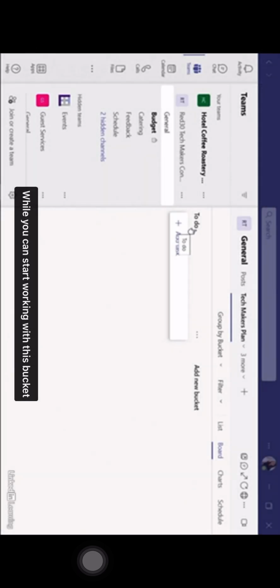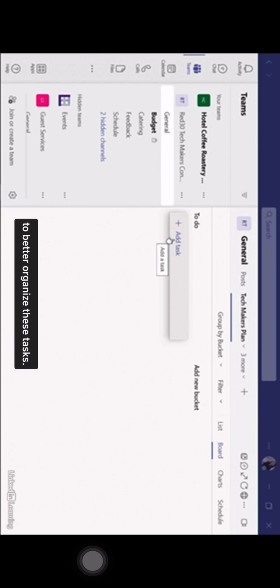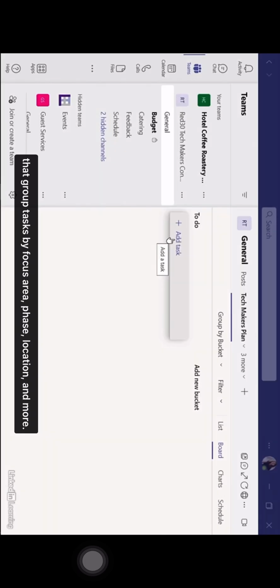A plan comes with one bucket labeled To Do. While you can start working with this bucket to add tasks right away, you might want to create your own buckets to better organize these tasks. You might want to have buckets that group tasks by focus area, phase, location, and more. Before we create some new